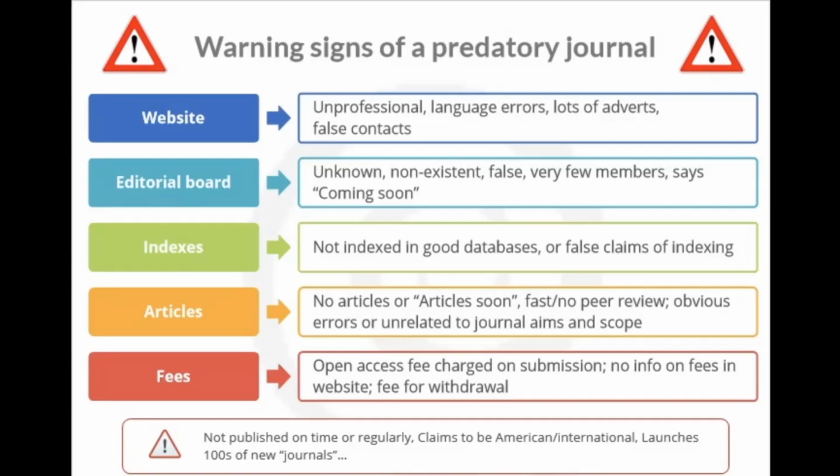This is very important because we all get lots of emails all the time from journals offering us quick publication. There are lots of companies out there that will write to us and say, if you pay, we will edit your paper. We will put your paper into an ISI Scopus listed journal, and you don't have to do anything. You can sit back, relax. You'll get your publication. You'll get your PhD for a fee.